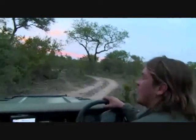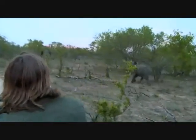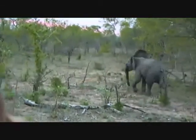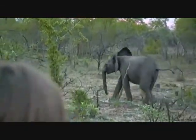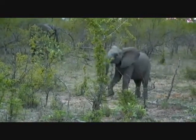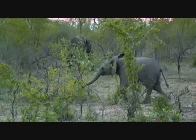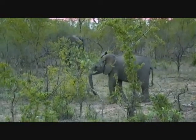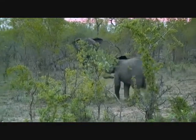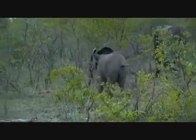Quite often head held very high. There we go. Some displacement behavior. Might turn around and show us, but obviously not too much threat from a little one like this. So there we go. Ears out, head out, quite often coupled with quite a lot of head shakes. And of course there's never ever one set rule with these things, but normally